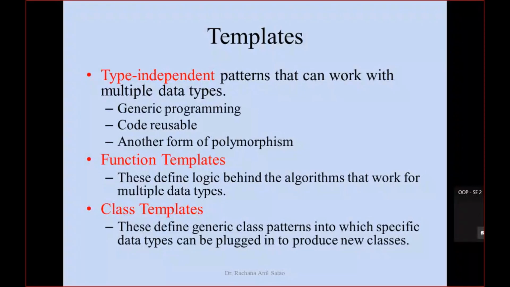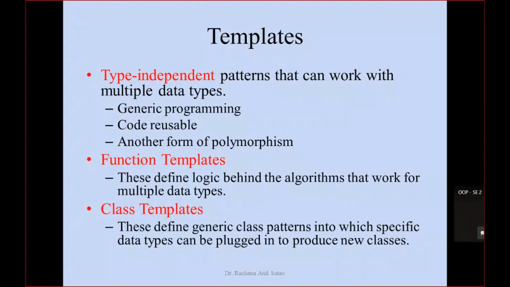Type independent means what? It should not depend on the data type, what kind of variable we are passing to it. So this kind of concept is called generic programming. Generic programming means there is no dependency on the type of data we are using.